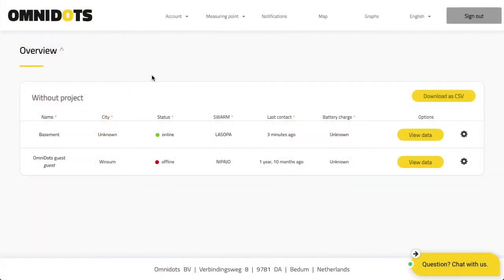In this video I'm going to show you how to work with reports. There's two types of reports. There's the default Omnidots report, and then there's the templated reports that you can adjust to your own preferences. Assuming that you've already created your measuring point by watching the how to create a measuring point video tutorial,